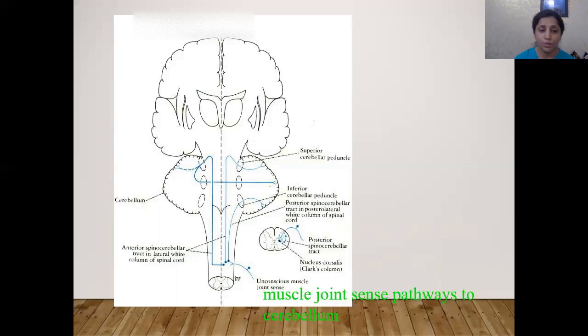The anterior would split into two parts. Half of them will move up on the same side, reach the superior cerebellar peduncle to enter the cerebellum. Out of the remaining half, which cross to the opposite side, they will reach up and move towards the cerebellar peduncle. Half of them will reach the cerebellum, and half of them will take a U-turn to reach the middle cerebellar peduncle of the opposite side and reach the cerebellum of the opposite side. Means half of these will reach the side where the origin of the neuron had occurred.